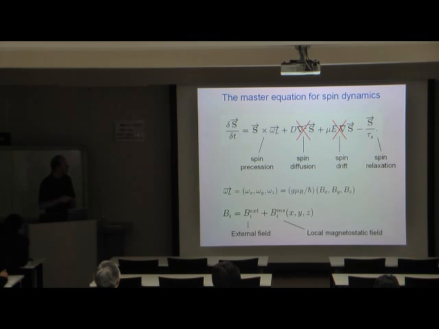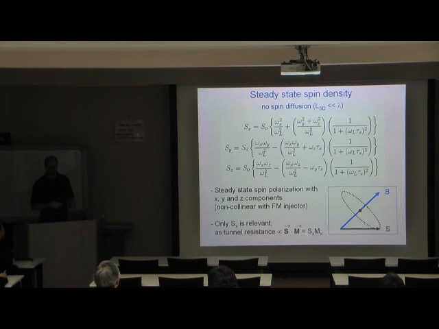Okay, thank you. You can describe this by including in the expression for the spin dynamics, in the spin precession term, an arbitrary magnetic field, omega, which has x, y, and z components, and that consists of a homogeneous external magnetic field plus local magnetostatic fields that have x, y, and z components and also are spatially varying. You can solve these equations relatively easily. This is just precession of a spin along an arbitrarily oriented magnetic field.